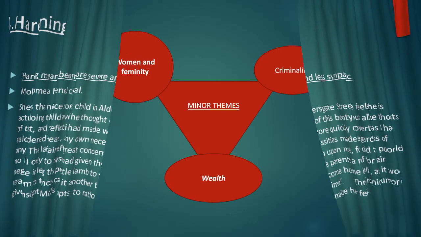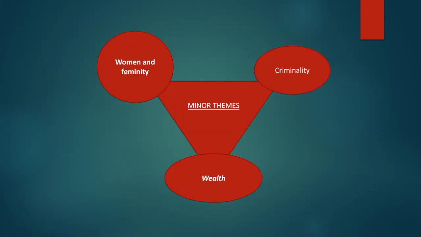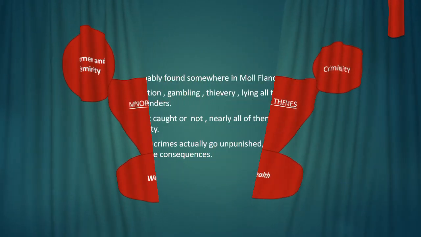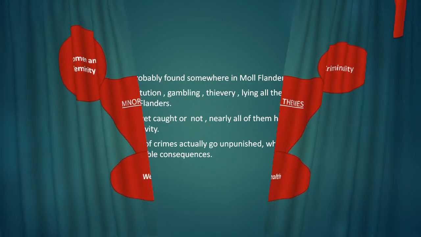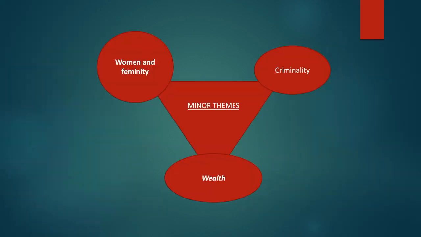There are minor themes in Moll Flanders: criminality, femininity, and women. First is crime and criminality. Name a crime, and it's probably found somewhere in Moll Flanders' novel. Adultery, bigamy. Bigamy means dual marriage without divorce purpose. Prostitution, gambling, thievery. All the crimes are committed in Moll Flanders'